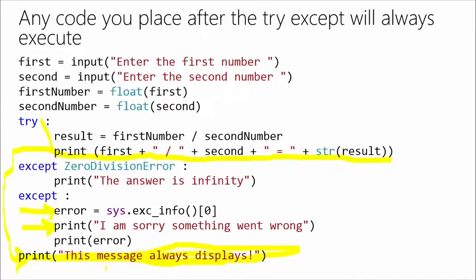Go for it. Okay. So in this situation, with this code I have on the screen right now, you could put that print statement in a finally, or the way I have it on the screen, and it really isn't going to make a difference with the code I have on the screen. Would you agree with that one, Christopher? For the code I have here. Right now, yeah, it really wouldn't matter for this exact code. It would not matter if I used a finally statement or I put the print message here. I'm always going to see the print message. This message always displays.